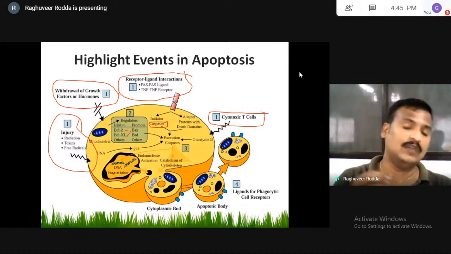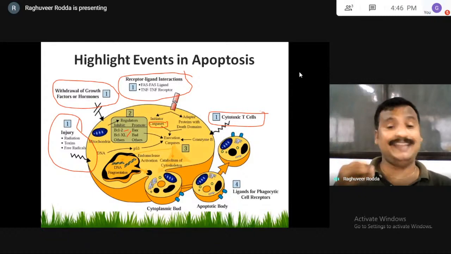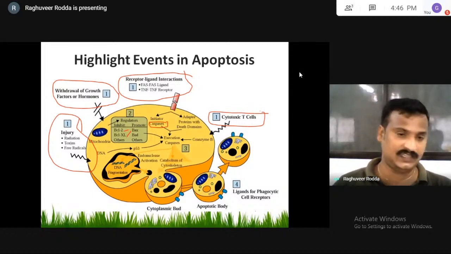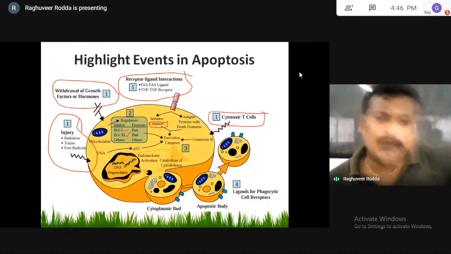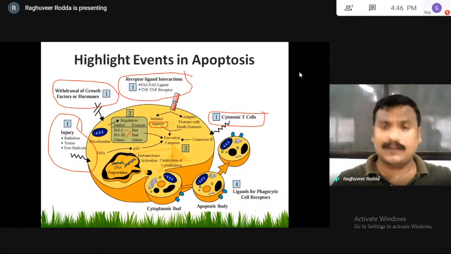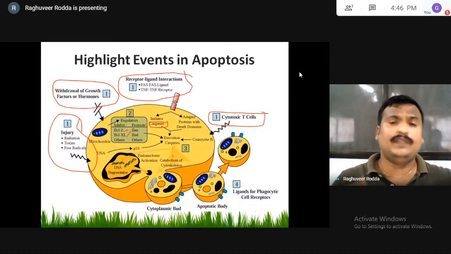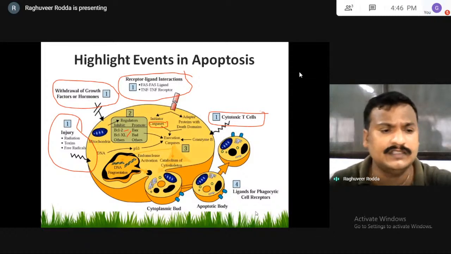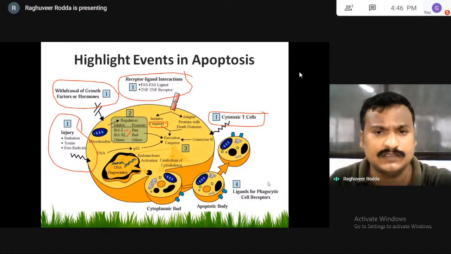So apoptotic bodies look like a cell, but the material present in them is not functional. The cellular organelles present in them are very few and do not function properly. Finally, these apoptotic bodies are engulfed by phagocytes, like macrophages. They will be eaten by the macrophages. So this is about cell injury, cellular adaptations, and cell death. Now let us discuss some questions.